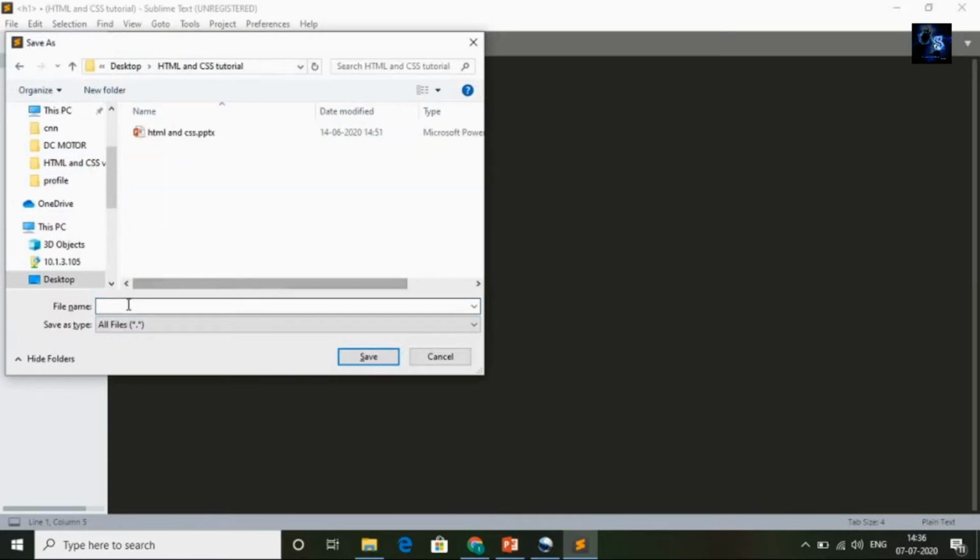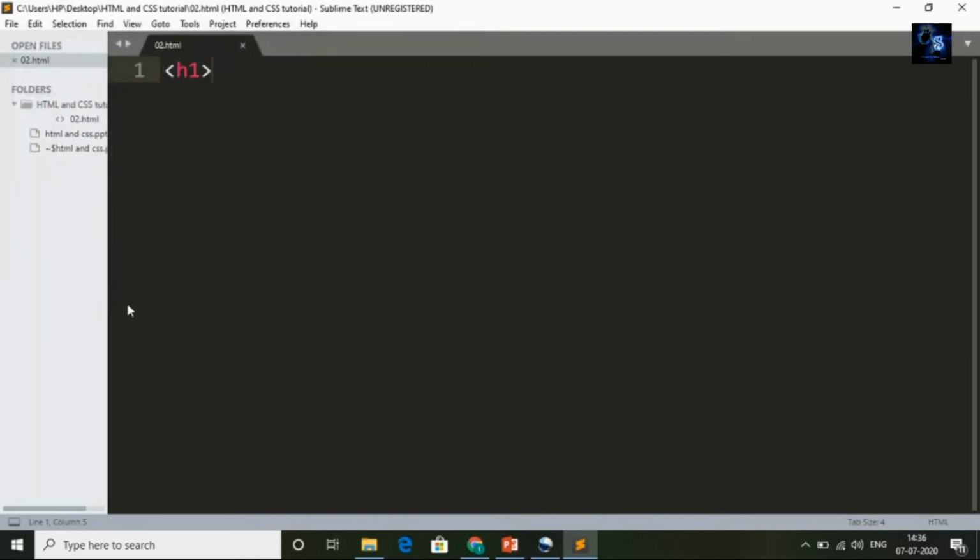Okay, in this folder I will save 02.html. Done. This is the opening tag. Then I will write one heading here: Heading CS electrical and electronics. And here I will use the closing tag. If you are using an opening tag, at the end you should use a closing tag. For the closing tag: less than symbol, slash h1 and greater than symbol. This is the method of how to use tags in HTML.